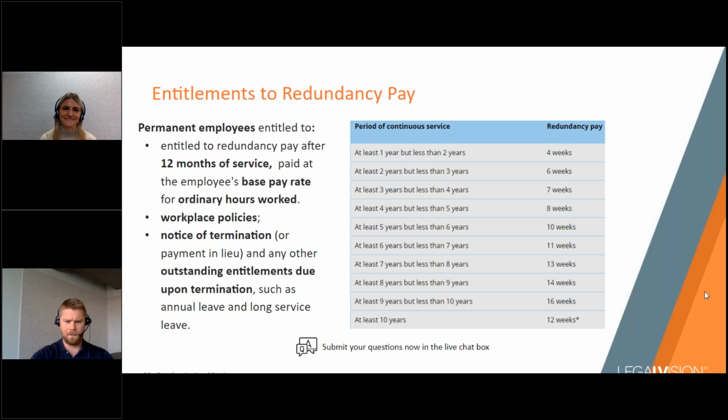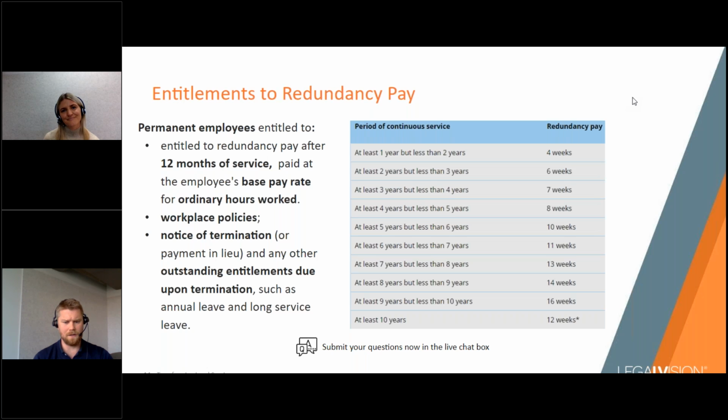Okay, so ordinarily your permanent employees are going to be entitled to a redundancy payment, which is a separate payment, once they've been with you for 12 months. And you'll see in that table on the slide that their redundancy entitlement really depends on how long they've been with you. So it goes all the way up to 16 weeks when they've been with you for 9 years, but not 10 years. And it actually drops back down to 12 weeks once you've got an employee with 10 or more